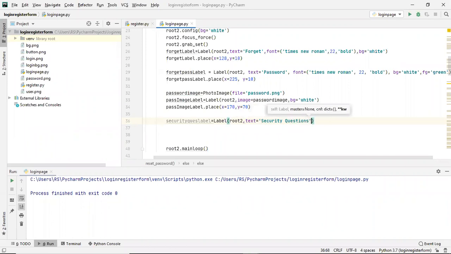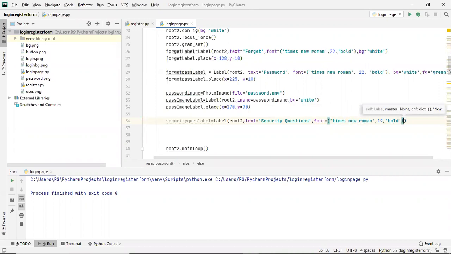Then I'll set the font Times New Roman. After that, the size is 19, and then I'll make it bold. Next thing is the foreground color FG.